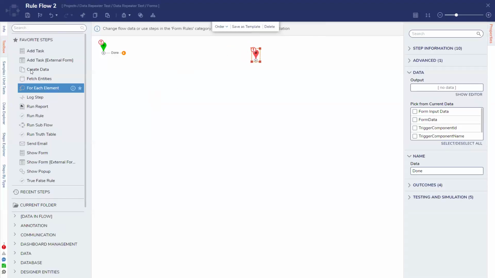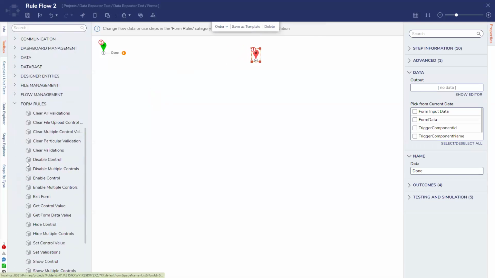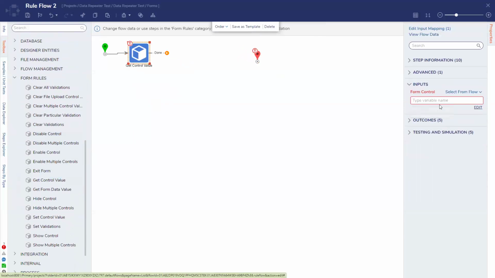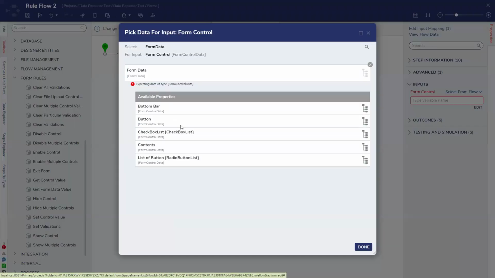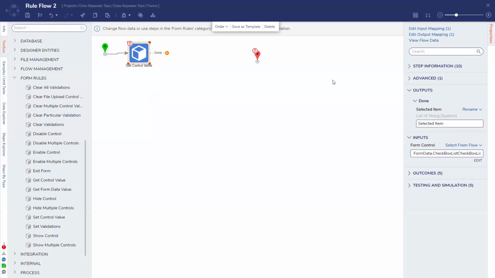We're going to use another one of those get control values. And this time we will select it from A. So form data, checkbox list, and then the selected item. Okay, so now